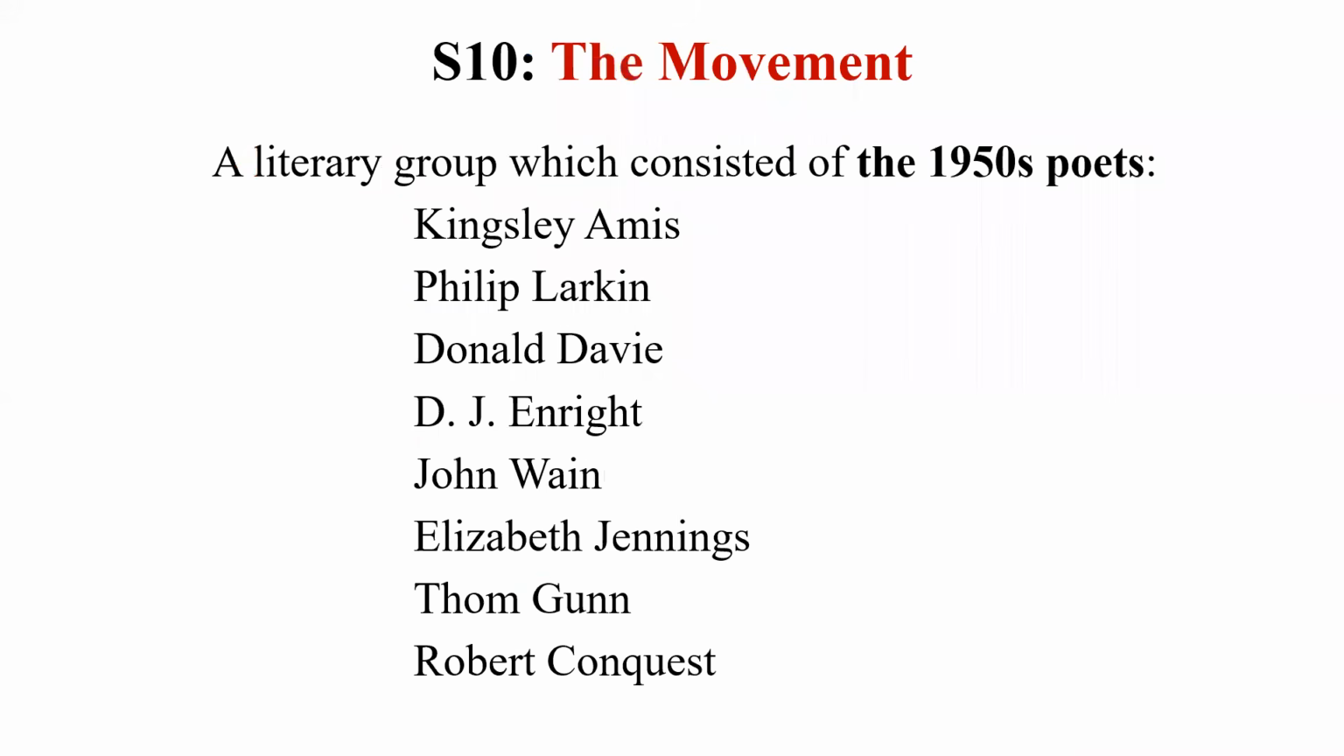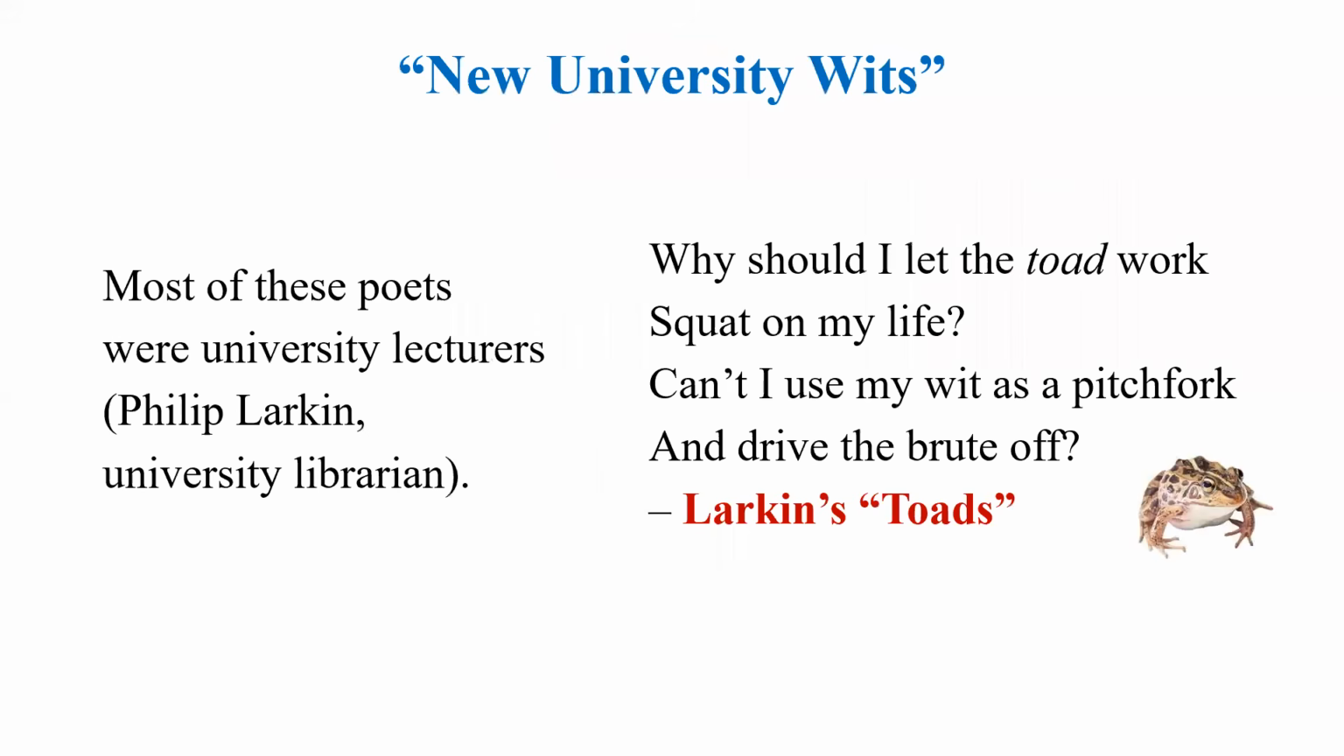Now let's check out the Movement. It's a literary group of the 1950s, the poets of the 1950s. It's also contemporary, like postmodern. After the 1950s, we call it contemporary British literature. So if you want to introduce yourself to contemporary British literature and postmodern writing, you have Kingsley Amis, Philip Larkin, Donald Davie, D. J. Enright, John Wain, Elizabeth Jennings, Thom Gunn, Robert Conquest. They're also called the Movement poets, or the new university wits. Why? Most of them were university lecturers, and we have Philip Larkin, a university librarian, and this is one of his